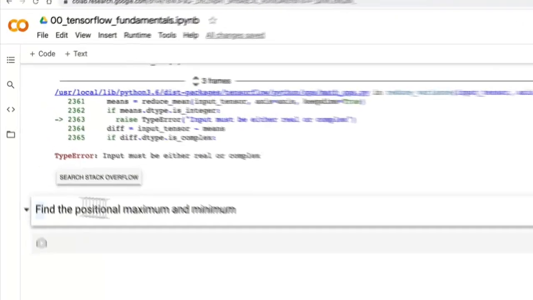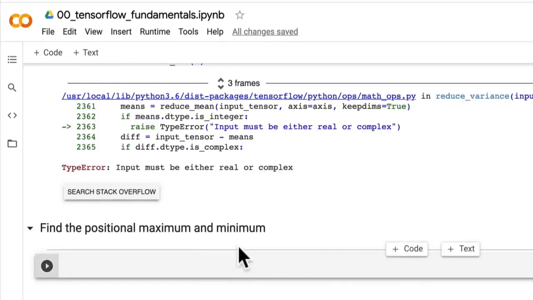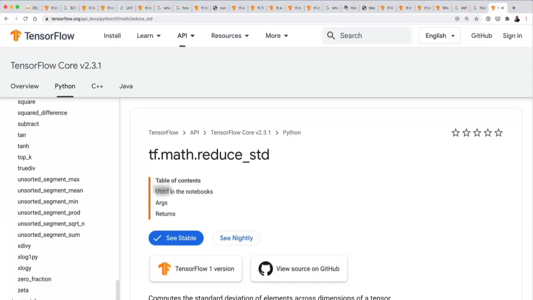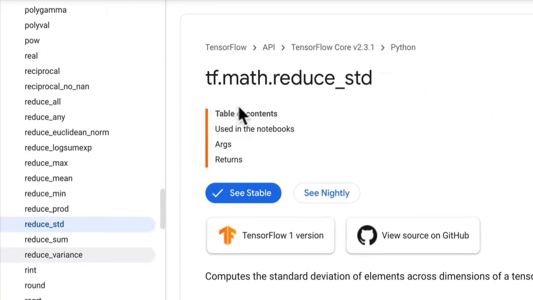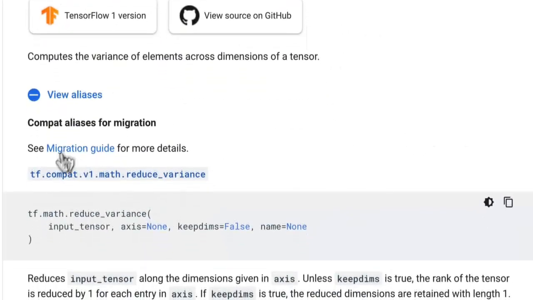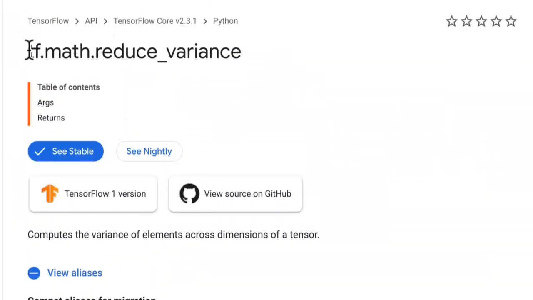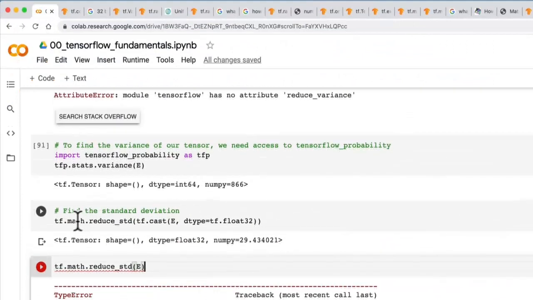So I was all ready for this video to jump straight into finding the positional maximum and minimum. However, after a little bit more exploration of the TensorFlow documentation, which can be a bit of a beast to tame, I found that we didn't actually have to jump through some of the hoops we did in the last video to find the variance. So look at this. I thought that we might just be able to go tf.reduce_variance. It turns out we can find the variance of our tensor in a very similar way than what we've done here,